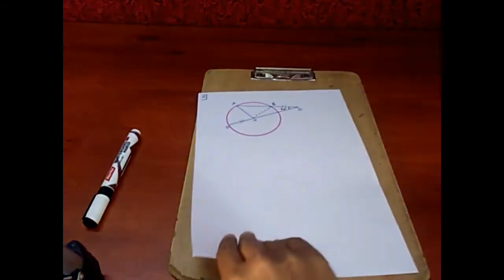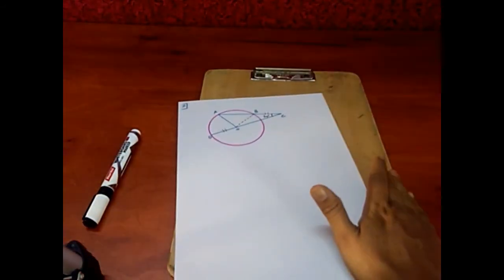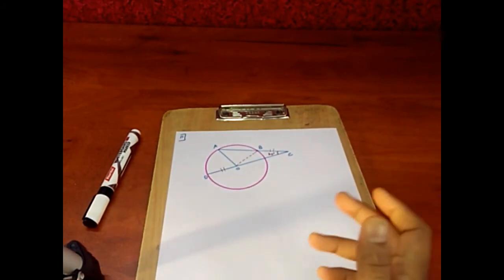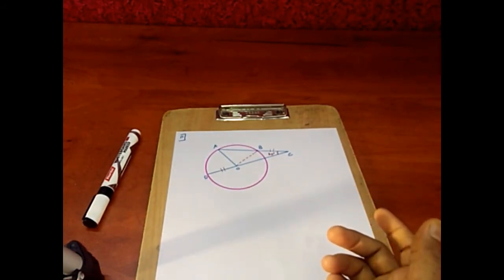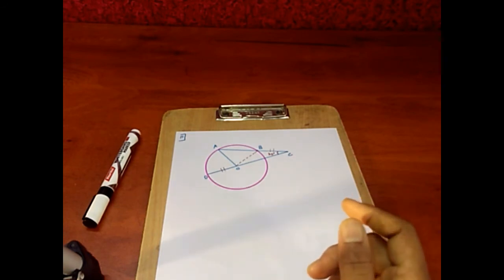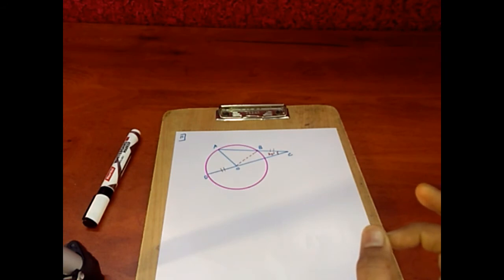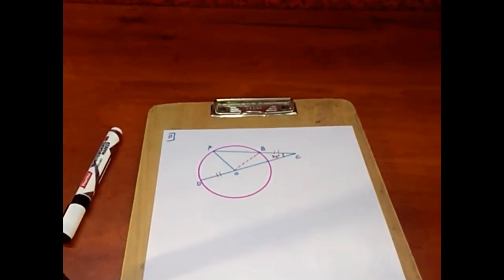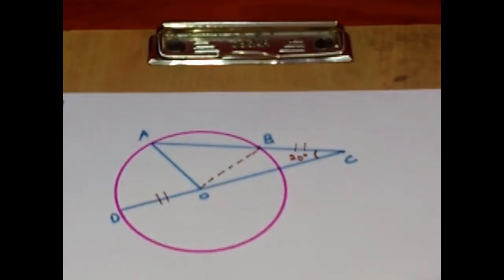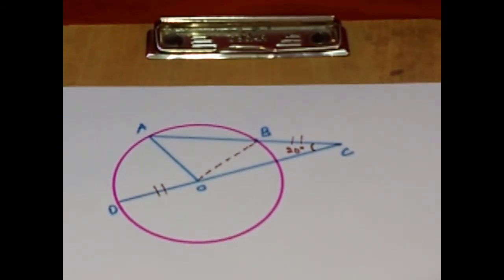Now question number 11. In the figure, AB is the chord of a circle with center O. DOC is a line segment such that BC is equal to OD. If angle C is 20 degree, find the measure of angle AOD. So as like the previous problem, children, first let us discuss with the help of a diagram. Later we will draw out the result.